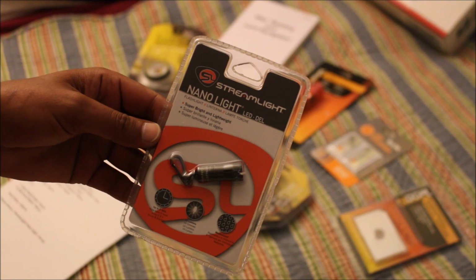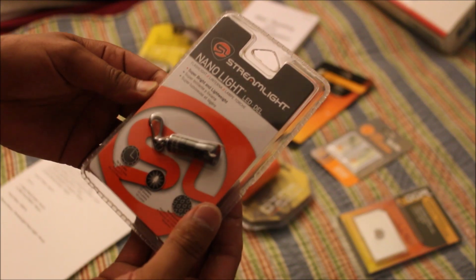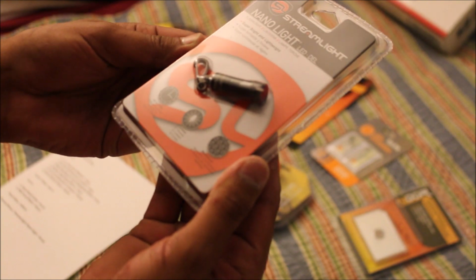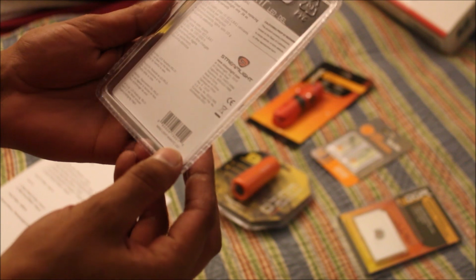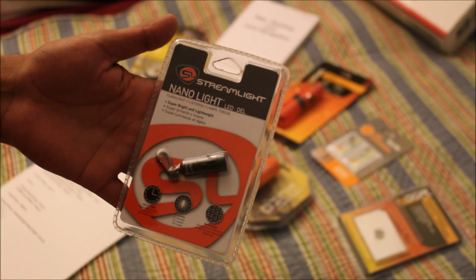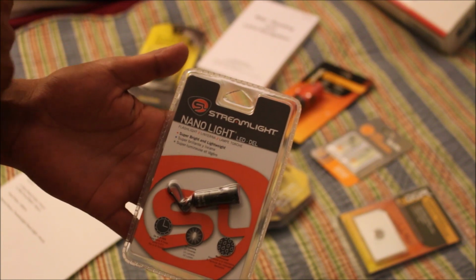Very good company. Streamlight's a good brand. This is super bright, lightweight, goes right on your keychain. The batteries last for 8 hours. 10 lumens, it's waterproof, LED, the batteries included. And this has a value of $10.95, and you get this for free, no matter if you order level 1